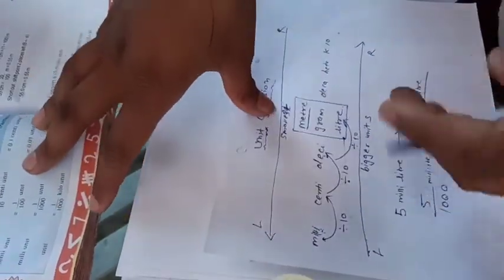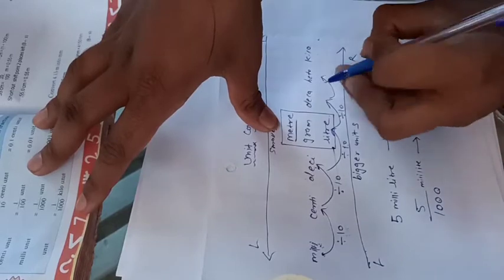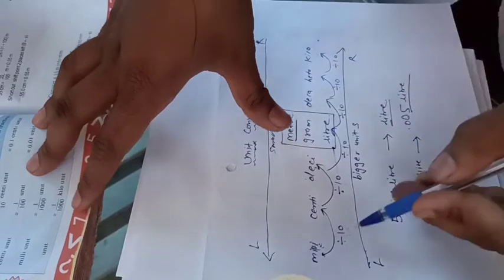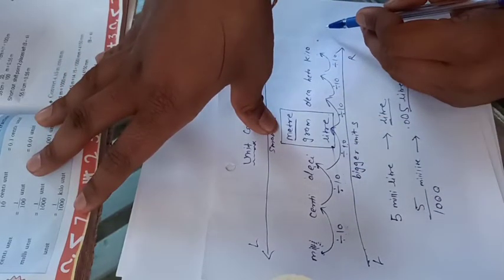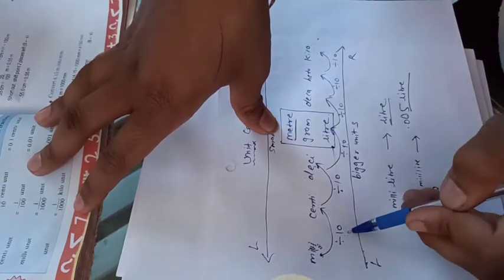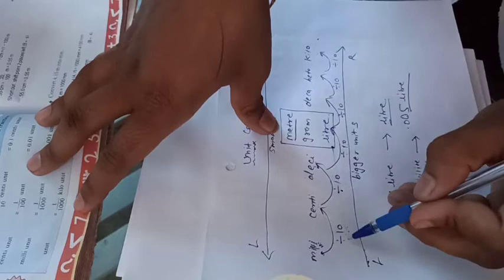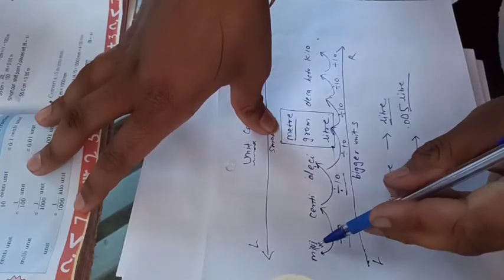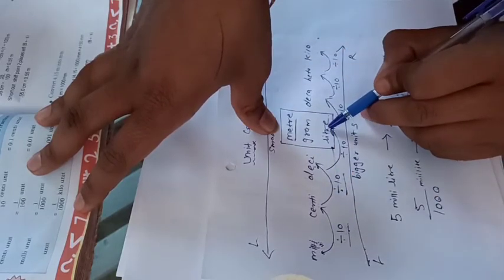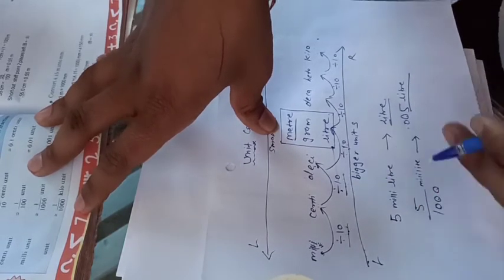Same if we have to convert to deca, we will again divide by 10. If we have to convert to hecto, we will divide by 10 and 10. The more steps you move, the more times you divide by 10. If you have to convert milli to centi, you will divide by 10. If you have to convert milliliter to decimeter, you will divide by 10 and 10, that is 100. And if you have to convert milliliter to liter, how many steps do we go? 1, 2, 3, that means you divide by 10 10 10, that is 1000, which we have done.